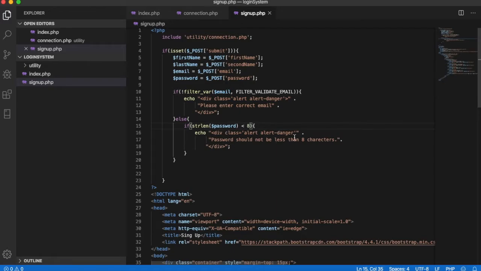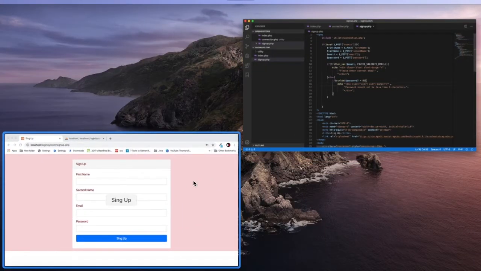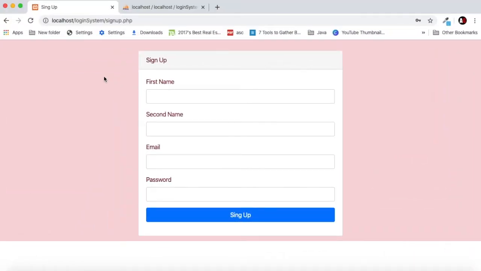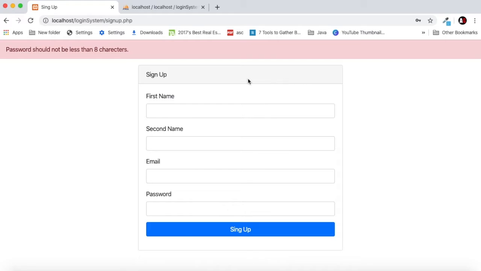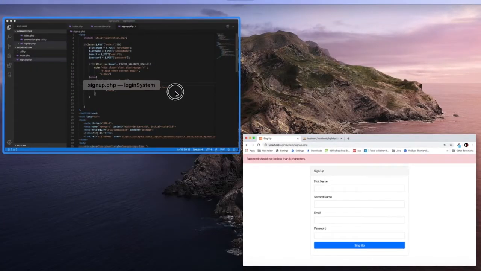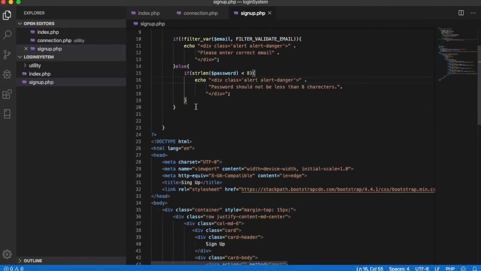So the error is that we haven't closed the div here. So let's close this div and go back to our page and resubmit. So as you can see, password should not be less than 8 characters. Okay, so we have now checked our password length, and if the password is correct,